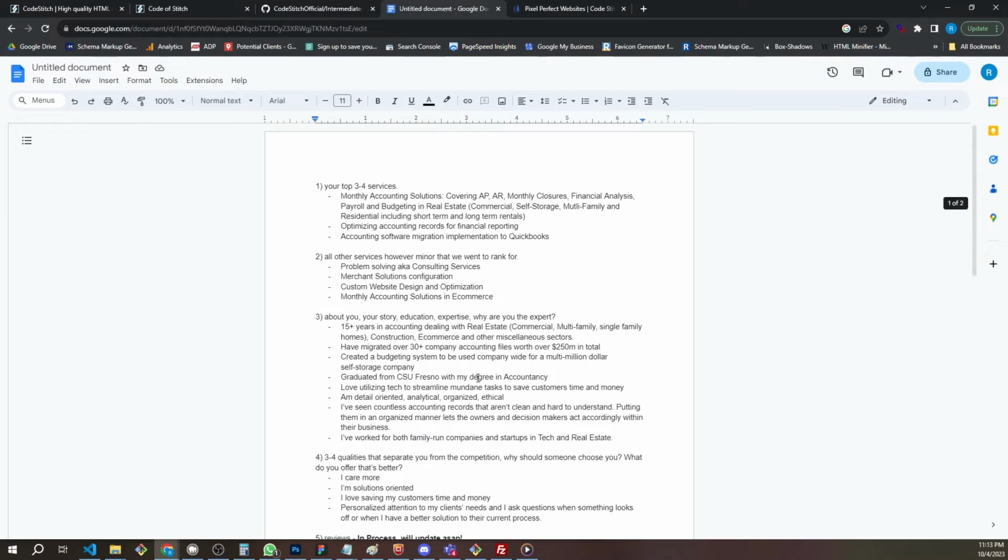So I have all the information here, and what we're going to do is go through CodeStitch and shop the different stitches based on the information that I have from the client and what I need to display. So I know I need 3 to 4 services, and I have 3 here, but this one is very heavy. So I think I'm gonna pick out the 2 best ones out here and just do a 3Z. And I think